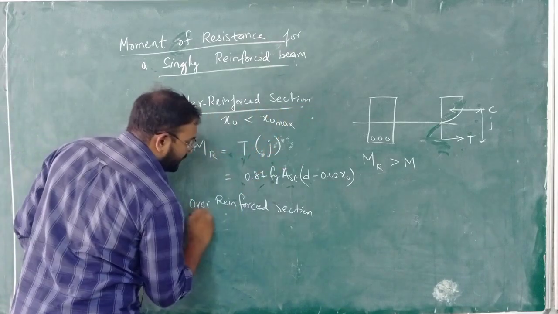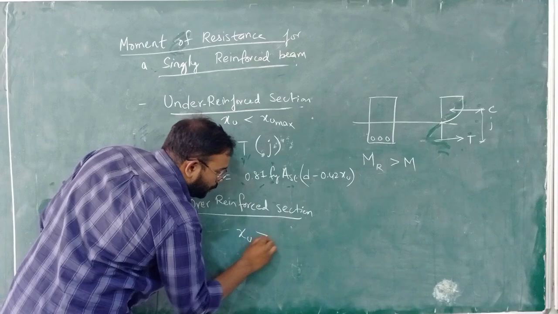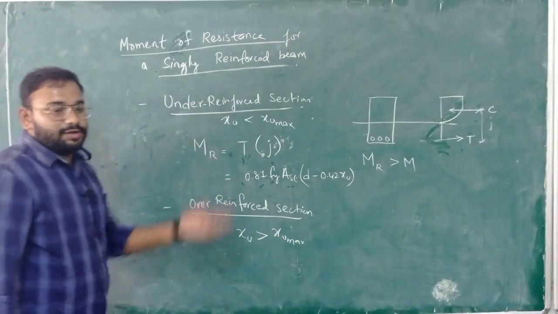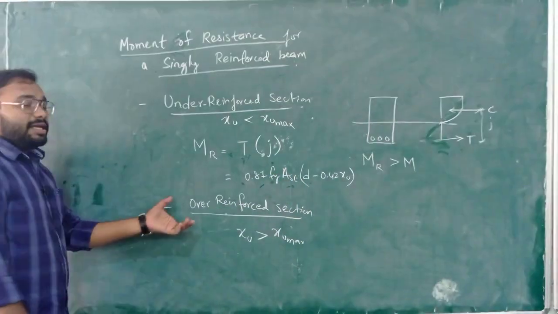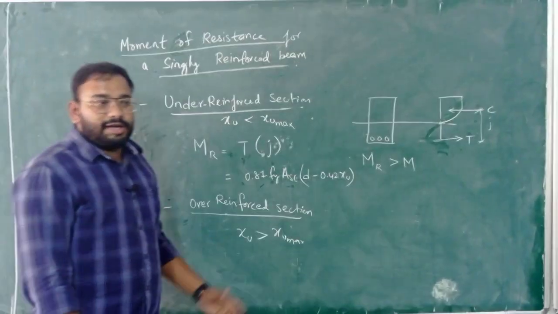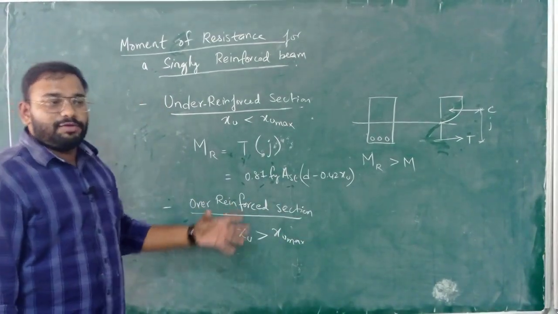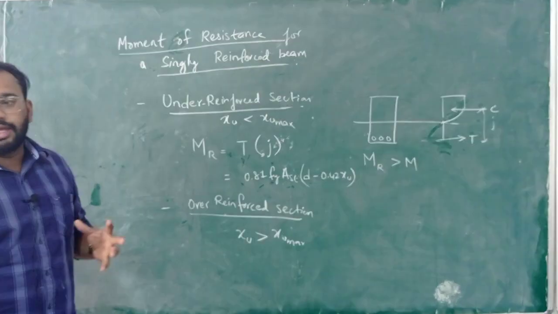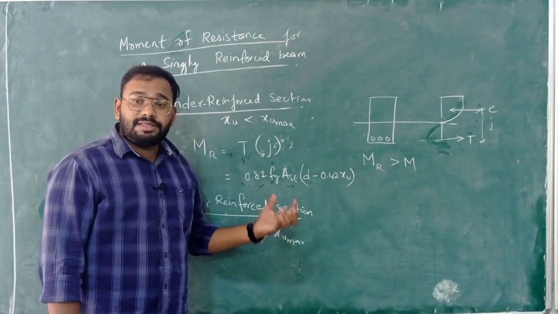To calculate moment of resistance, I told you in the previous class also, moment of resistance will be equal to either C into J or T into J. Now which formula to be used? That is described by using type of section. Suppose you are designing an under reinforced section, the formula will be T into J. Why? Because steel fails here first. Steel is responsible for taking tension. So tensile force multiplied by J. This is the formula for moment of resistance.